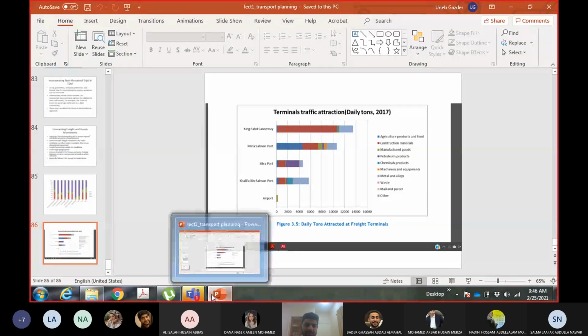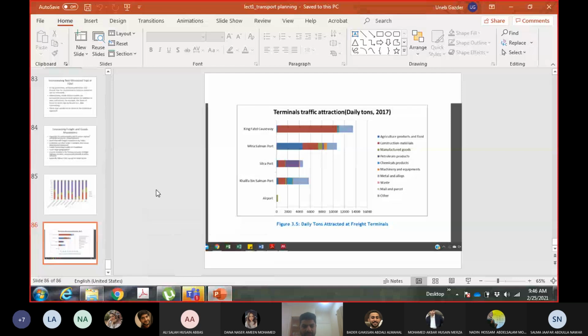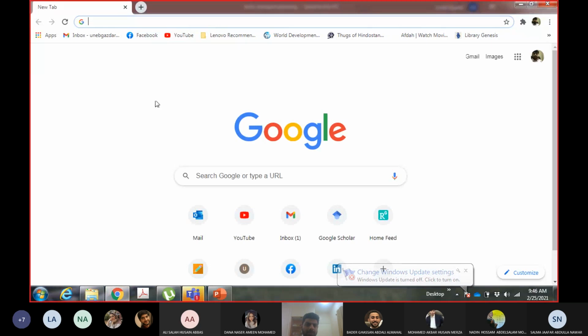Okay. So this is the end of the transportation planning process. I think there was quite a bit of theory here. Okay, I tried to explain it as best as I can. But I don't know whether you liked it or not.